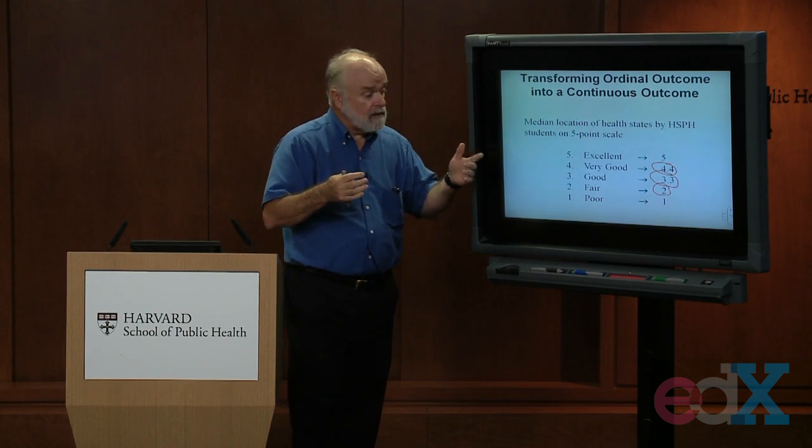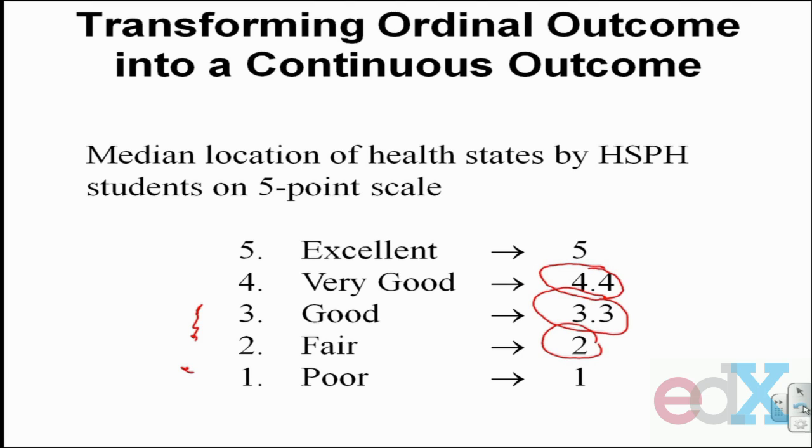if I gave this question, how would you rate your health? Excellent, very good, good, fair, and poor. And I wanted to report an average health state for that group of people. I'd have to use numbers that represent both order and distance. And my students at least suggested the numbers I should be using are not the consecutive numbers 1, 2, 3, 4, and 5, but numbers 1, 2, 3.3, 4.4, and 5,